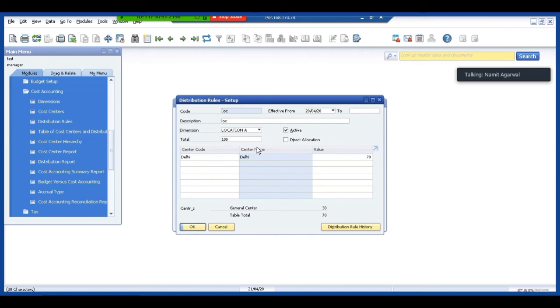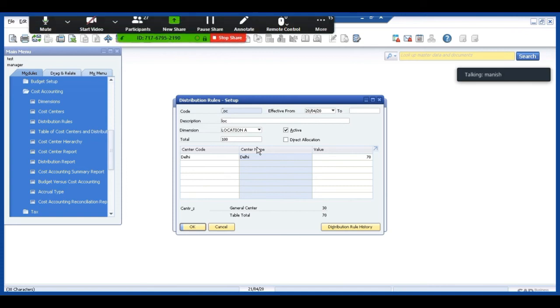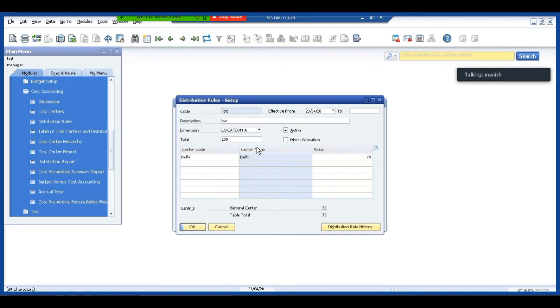Say an invoice comes for a consumable, and we have locations A1, 2 and 3. If that consumable is meant for location A 100%, we can do location A. But if it is meant partly for location A and partly for location B, because during ordering it is one single purchase order, the distribution takes place when the material comes. How do you handle that? Sir, in standard, we will have to have a percentage for location B and location C. If we do not have a standard percentage, then we'll have to customize that. It would not be possible in the standard because I need to define my standard percentage.